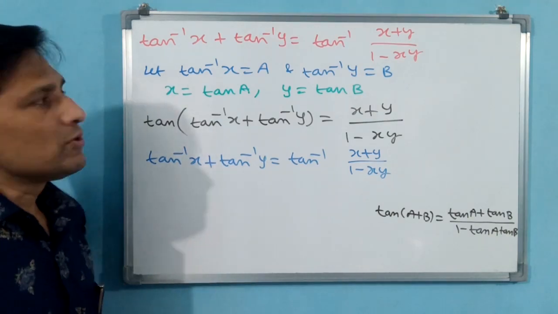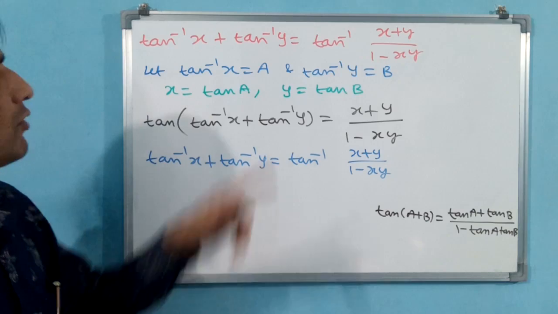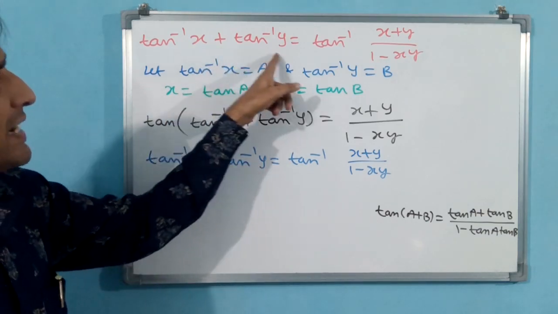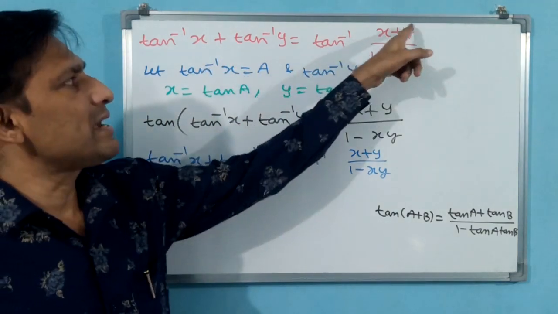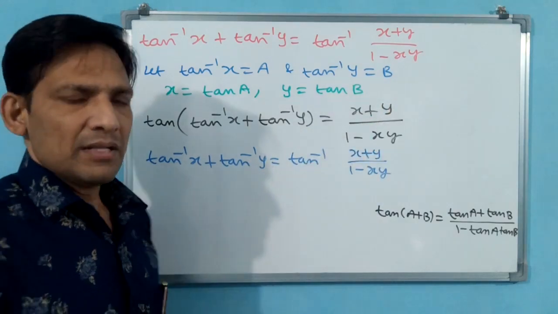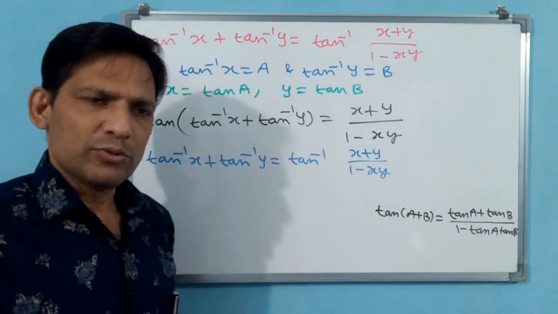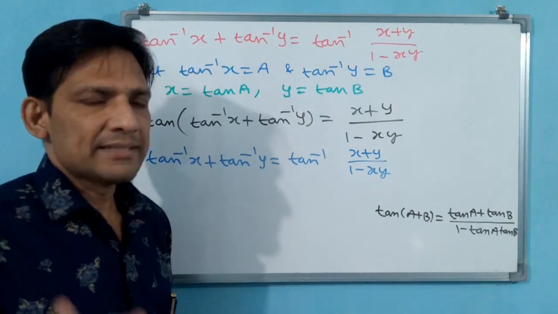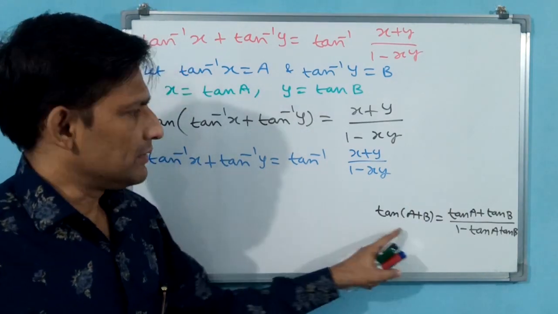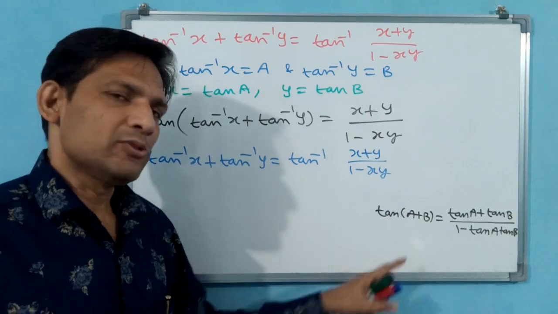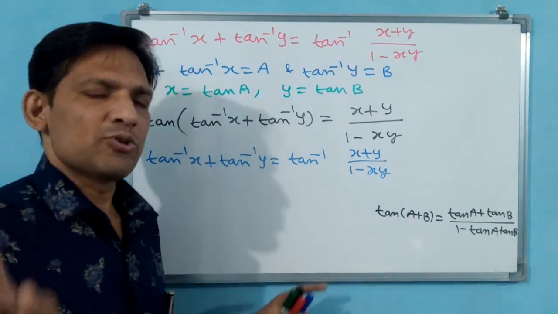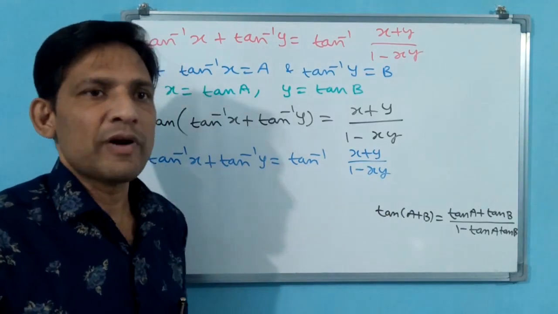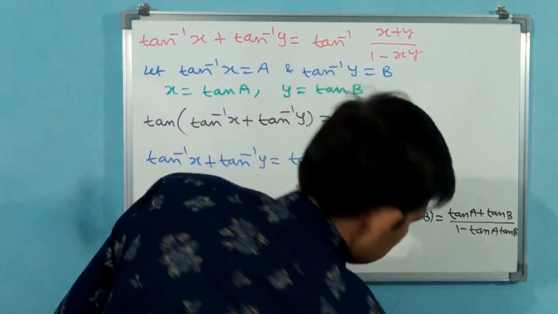What I am going to do now, if I take y as minus y, automatically tan inverse x minus tan inverse y is equal to tan inverse of (x minus y) by (1 plus xy) will come. That formula also I am writing. I need not show proof to you. Why? Because in class 11, all this formula, even for minus, negative, positive, I have shown proof. If you want, you can watch those videos.